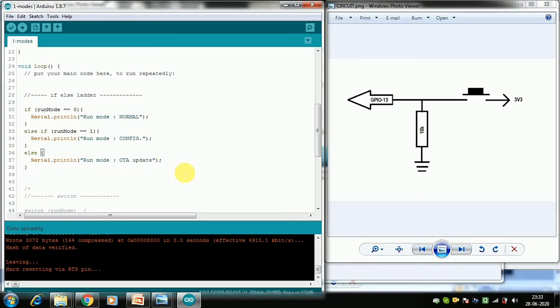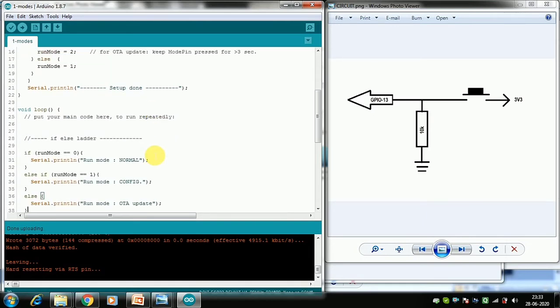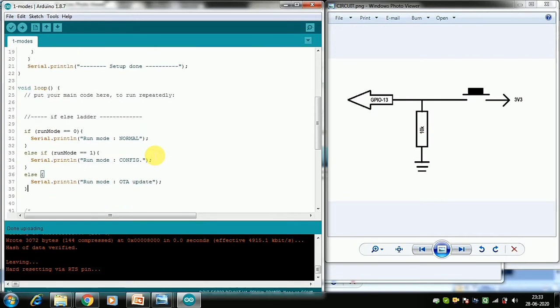We can have many other modes as well, like tare mode or calibration mode, and we can use a single pin and the same logic, like pressing down for 3 seconds, 5 seconds, 10 seconds, 15 seconds, but that is very hectic for the user to handle and remember. So in that case we can use 2 GPIOs and 2 switches. Some of the boards use binary switches also. Mainly we see those in development boards when we want to run in many other modes.